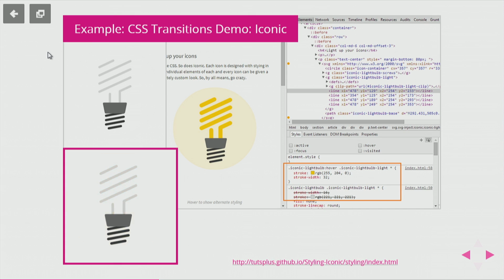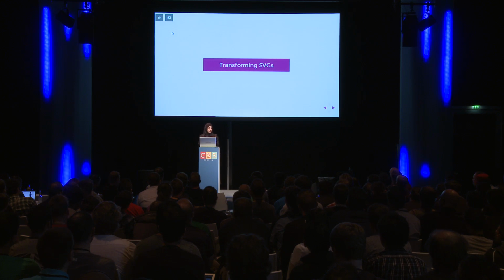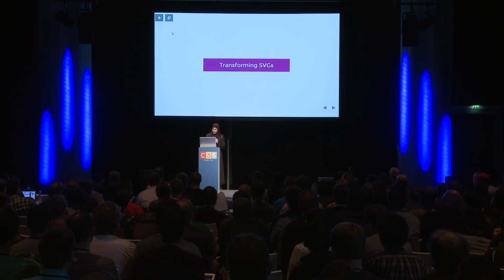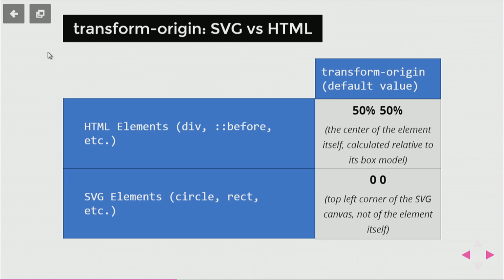However, most animations are more likely going to contain some kind of transformations. And in most aspects, SVGs respond to the transform and transform-origin properties in CSS in the same way as HTML. But there is one difference that you need to be aware of: the transform origin in SVG versus HTML. An SVG element does not have a box model. It does not know what a border box is or a padding box or a content box. So in HTML, if you have an element, no matter what it is, the default transform origin is 50% by 50%. This is the default value, which is the center of the element itself, calculated relative to its box model. But in SVG, the center of rotation is 0, 0, which is the top left corner of the SVG canvas,